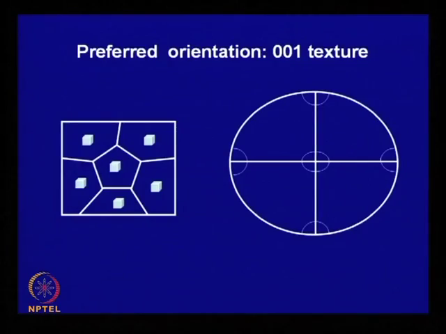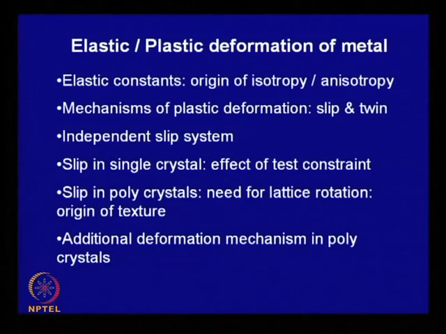And we will also see later that there is bulk diffusion. Depending on the temperature, if you increase the temperature, the critical resolved shear stress will go down, and there can be another mode of deformation which is associated with bulk movement of atoms and vacancies. With this we cover the topic of plastic deformation of metals, and in this we have looked at the nature of elastic constants,